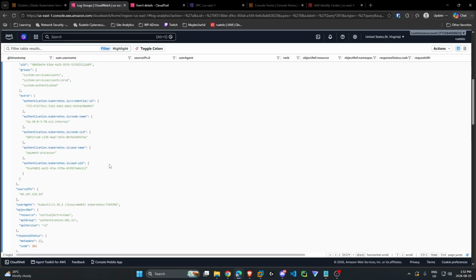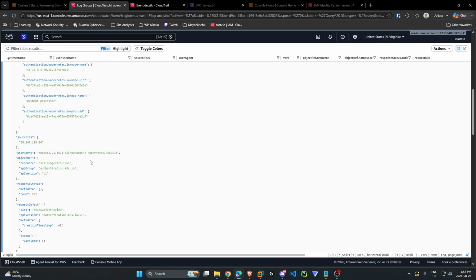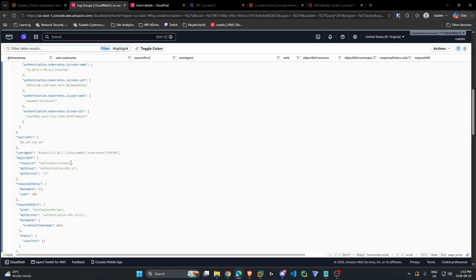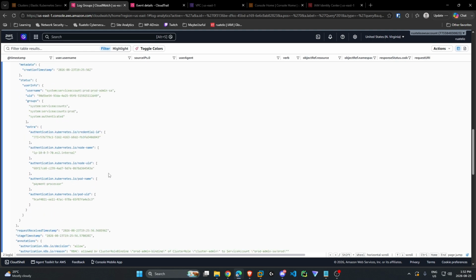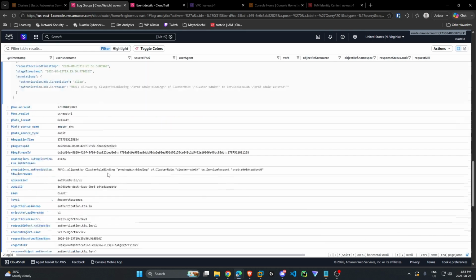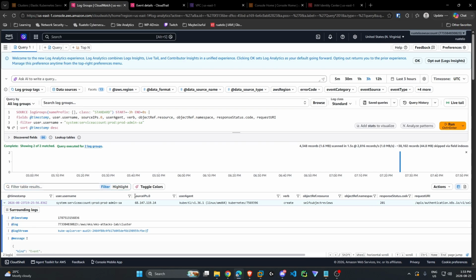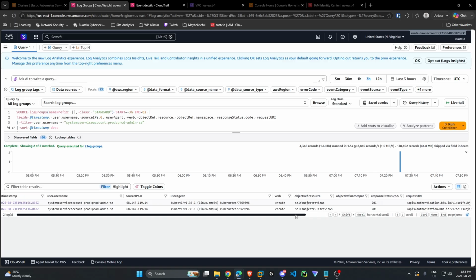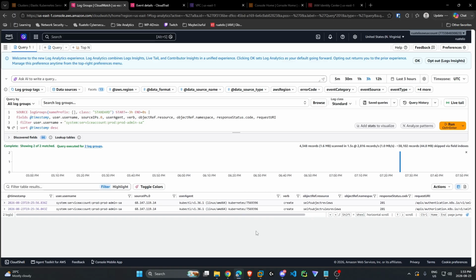Again, same compromised node. Source IP is the attacker's IP. Usually consider this like, if you're a global company, it might be a bit difficult, but if you're just based in Canada and this IP is from somewhere else, this might be a clear indicator that something is wrong. But yeah, it's good to always look for those, set up detections for these enumeration commands, and try to see who is doing what, and look at the user agent, because